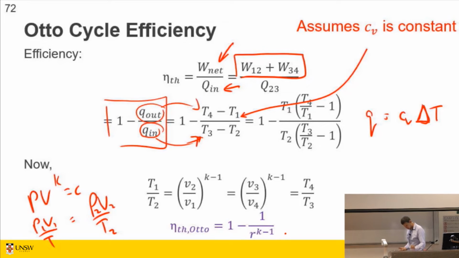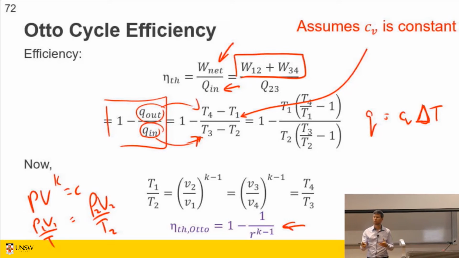The efficiency for an ideal Otto cycle is 1 minus 1 on r to the power k minus 1, where r is the compression ratio and k is the ratio of specific heats, which for air is 1.4, okay? And the reason this matters is because it tells you what you have to change to get a more efficient engine, right? So with Carnot, we said that